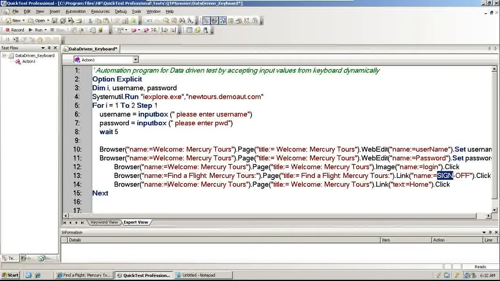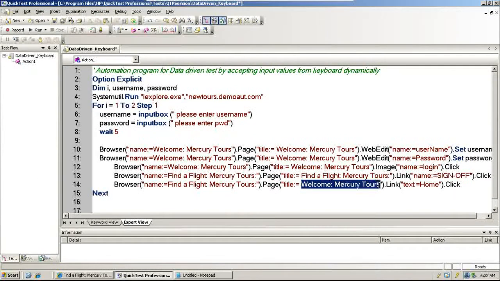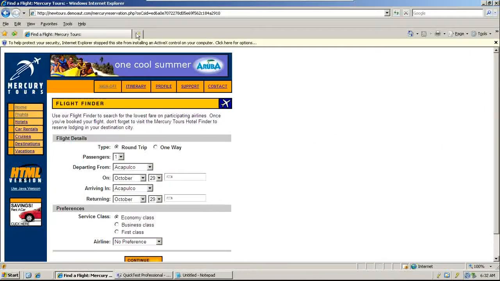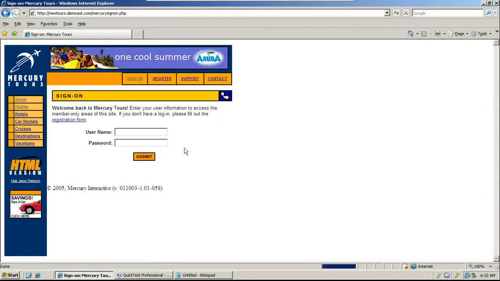So here again, now you understand. Now here I had to change this. Once you log off, let us check. The title you did not change. Title did not change. Yeah, so now again come back to this page.